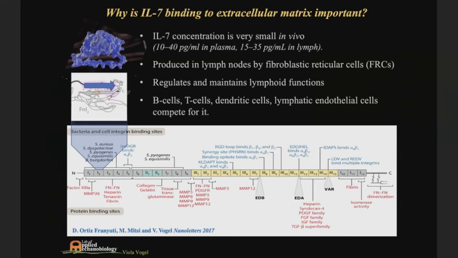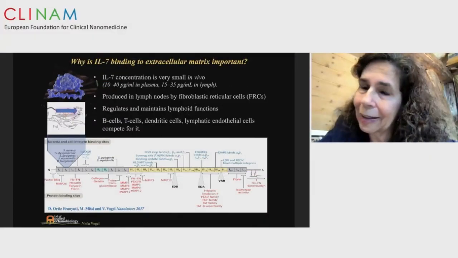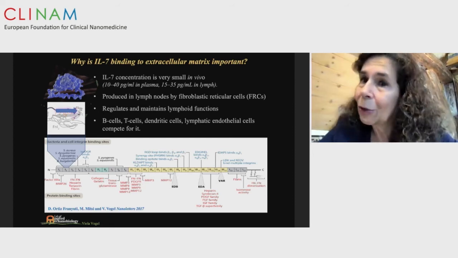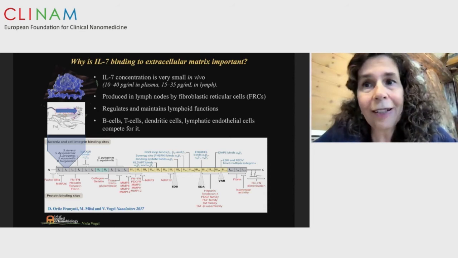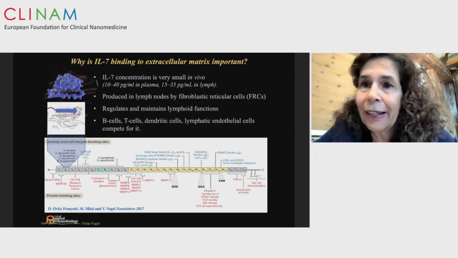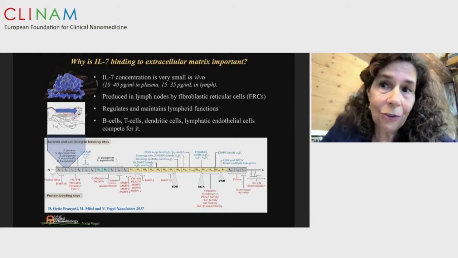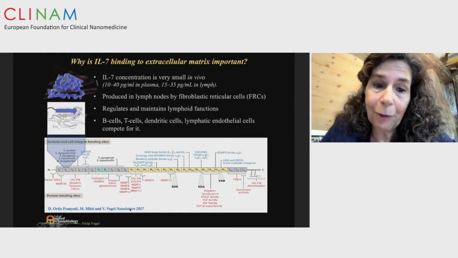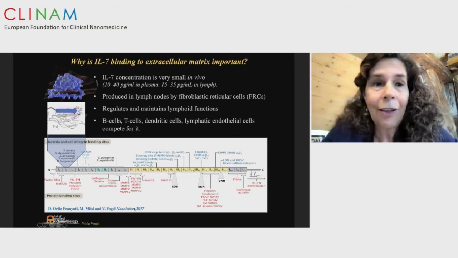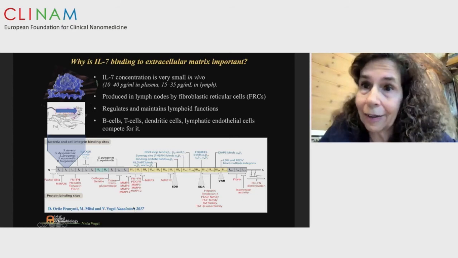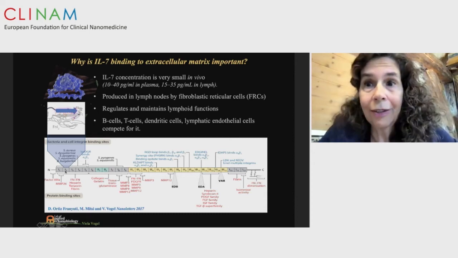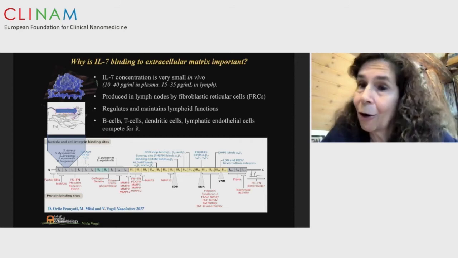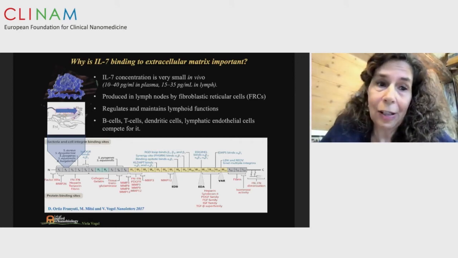So what we know today, though, is that IL-7 is much more potent in the matrix-bound state. So we started looking into its interaction with fibronectin. What was known was that it binds to fibronectin, but the binding site was not known. And in a series of studies that we have published recently in Nano Letters, we were able to identify the crucial binding site, which is located on the second type 1 domain of fibronectin, close to its N-terminus.